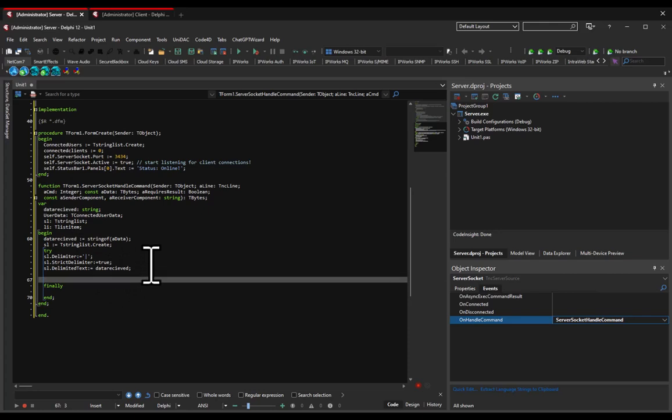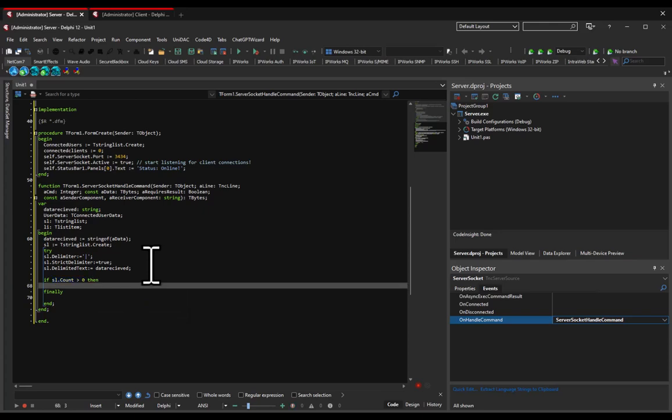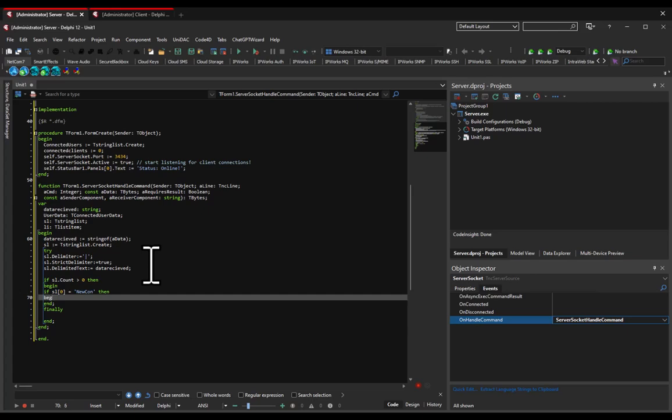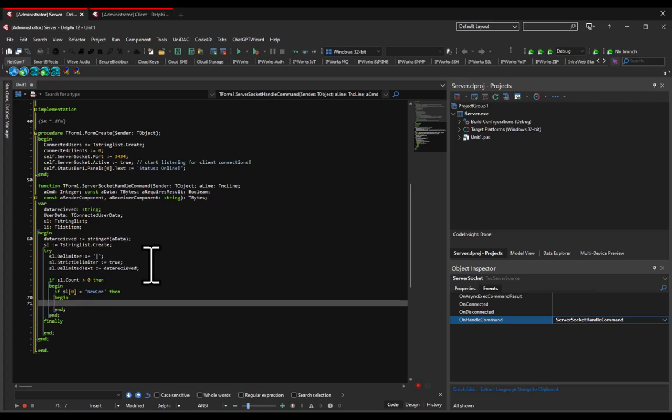So we're going to say if the SL.Count is greater than 0, that means there's actually something in there that the socket actually got, then we're going to begin and end here. So we're going to say if SL[0] is equivalent to new con, which means there's somebody new, we're going to begin and end inside of this. So what we'll do is user data is going to be equivalent to T connected user data